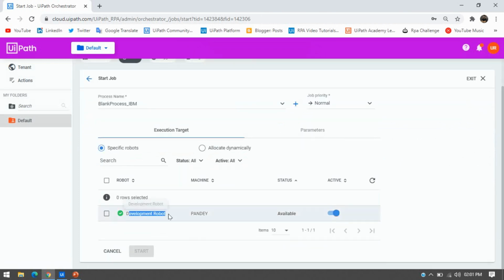So you should have unattended robots, testing robots, or non-production robots if you want to run your job from the Orchestrator. By that way we resolved this issue.